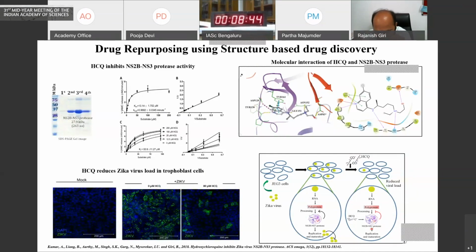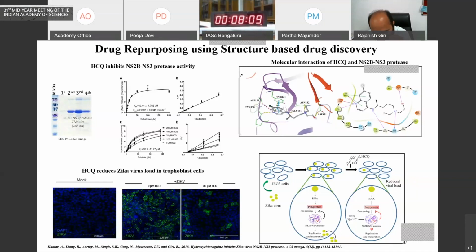For adults and other people, it causes fever, which can be controlled easily. But for newborn babies, it is often lethal, and that is the reason it is important that the compound or the drug should be safe for pregnant women. For that, we took hydroxychloroquine, we performed the docking simulations, and then we performed the enzyme inhibition assays on the Zika virus protease, purified enzyme. We found that the Ki value was 92 micromolar.